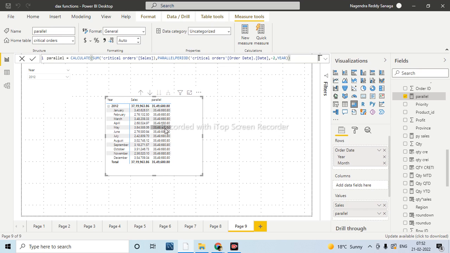See, normally in most cases we will not use this function with the year. If I want to see the parallel information for the previous month, then normally we will go with this function only, -1. We will use the month only as the parameter, then only normally you will use a parallel period for this. Now you will get the information when you are seeing the February sales, right? You can compare with the previous month January sales.